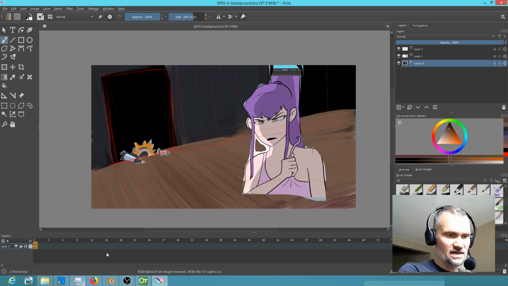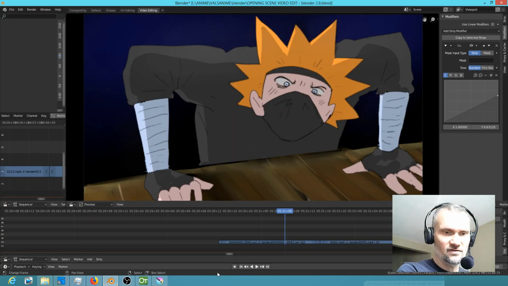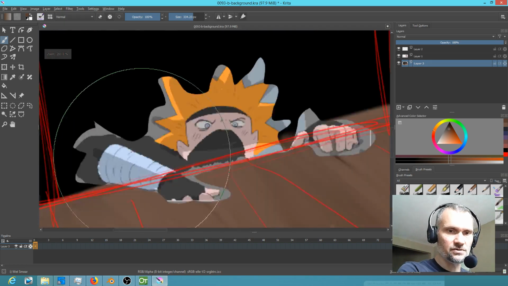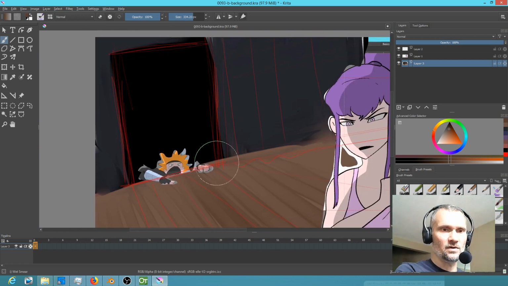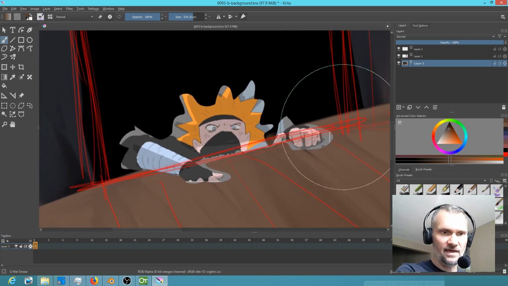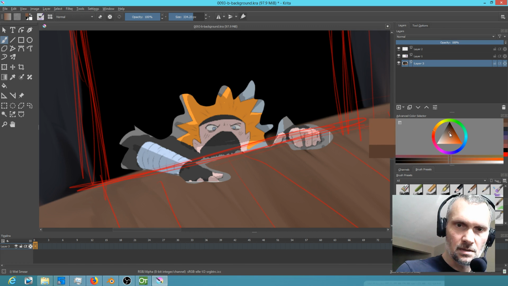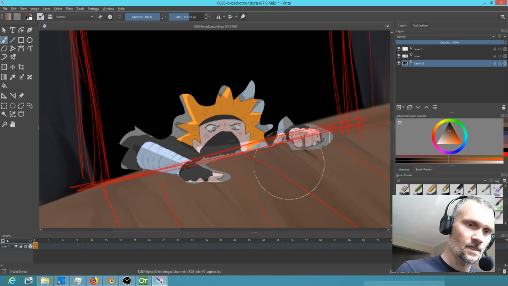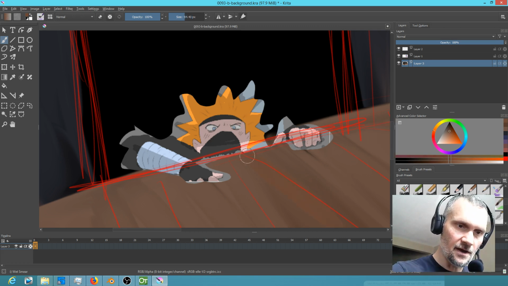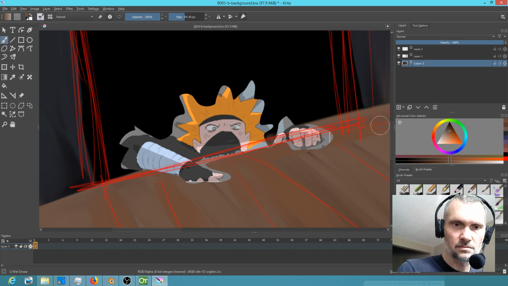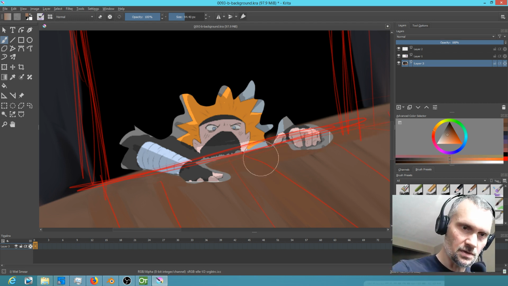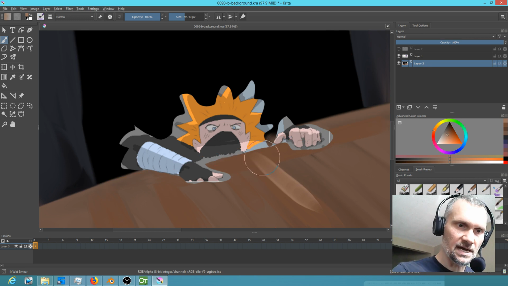Okay, now if we go back to the original, you can see the level of detail once it gets zoomed in on Mr. Ninja is pretty high. And frankly, we can see what the framing's going to be. The framing's going to be about like that. Okay, so that means that just for this area, we need to be a little pickier about those floorboards. Okay, so I think I'm gonna turn the guide layer back off now, and then